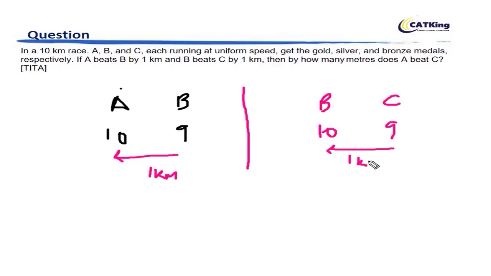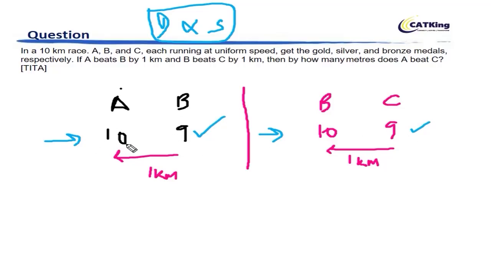So in the same amount of time, the ratio of speeds... when time is constant, distance is proportional to speed. Here time is constant, and here also time is constant. In the same amount of time, A is covering 10, B is covering 9. So these are the ratios of speeds, right? The ratio of speed of A to B is 10:9 and B to C is 10:9. Now the common element here is B. So it's a ratio problem combined with time, speed, distance.